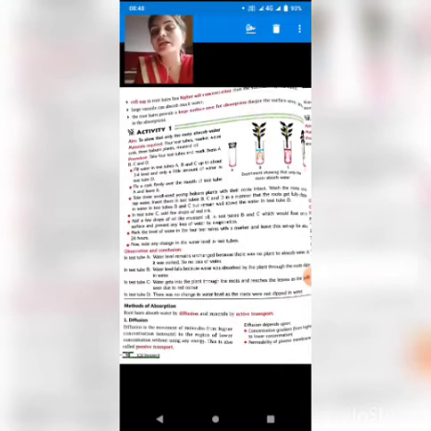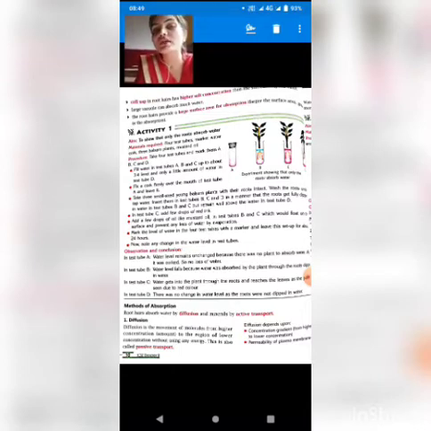Now how many types of absorption we are going to see in plants are mentioned below. So the topic methods of absorption, at activity number 1, students, below the activity number 1, see what is mentioned, methods of absorption. Now why is it important to study methods of absorption? Because by this we will be able to know how the root hair absorbs water and minerals.